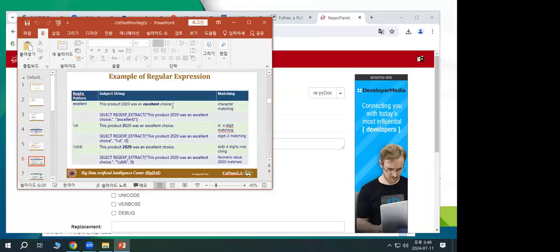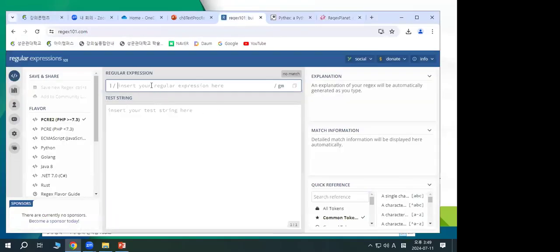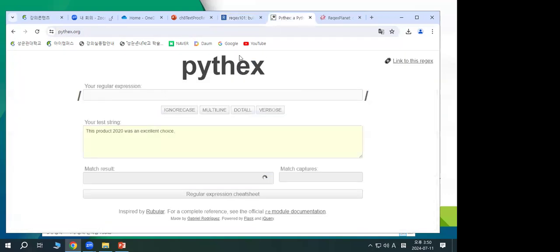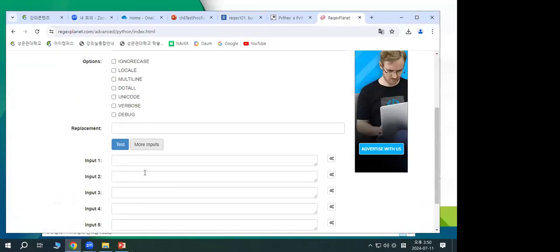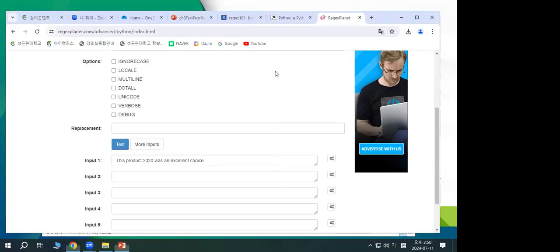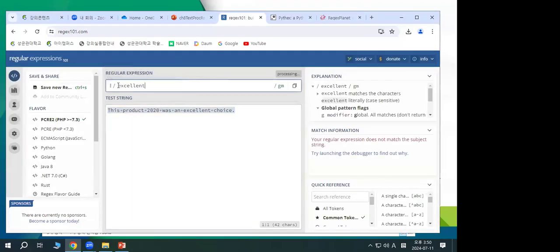Suppose that you have this string as the subject string that you need to put for this. Okay. And then if I put "excellent" as a pattern, if I put "excellent" as a pattern here,